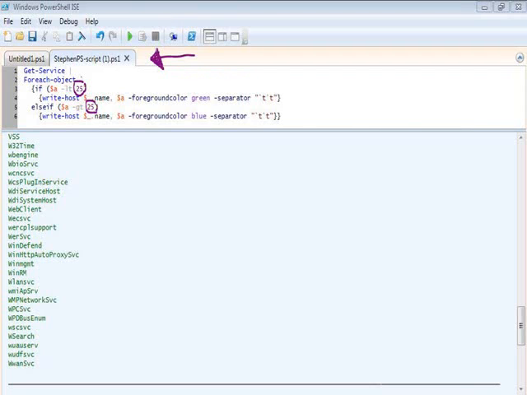Now, I use the get service command with the pipeline object, and I use ForEach-Object, and then use the if command and the else if command, which is the variable, the LT, which is less than 25,